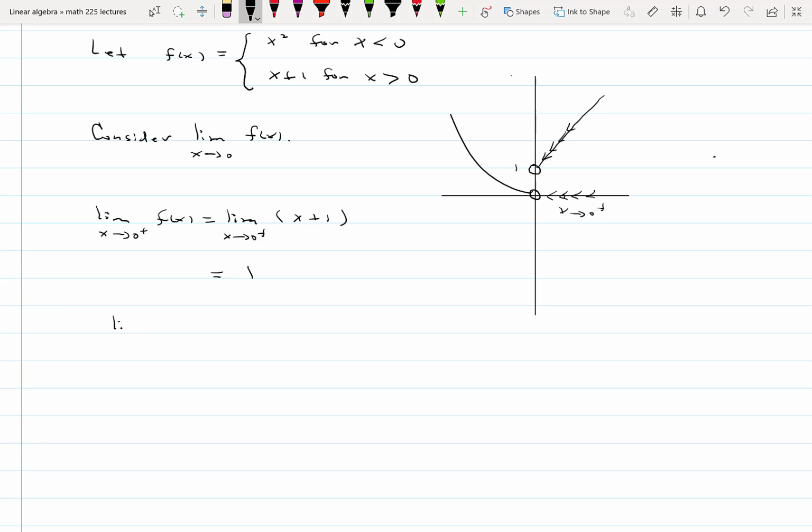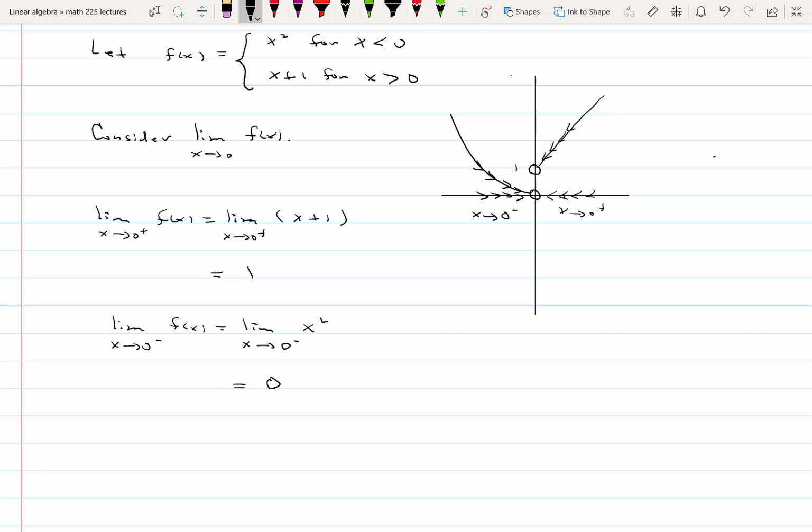So let's see what happens as we allow x to approach 0 from the left. As x approaches 0 from the left, that means that x is approaching 0 but staying negative. So as x approaches 0 from the left, x is always a little less than 0. And if x is less than 0, the y value is y equals x squared. And as x approaches 0 from the left, x squared approaches 0. We can see that from the graph,